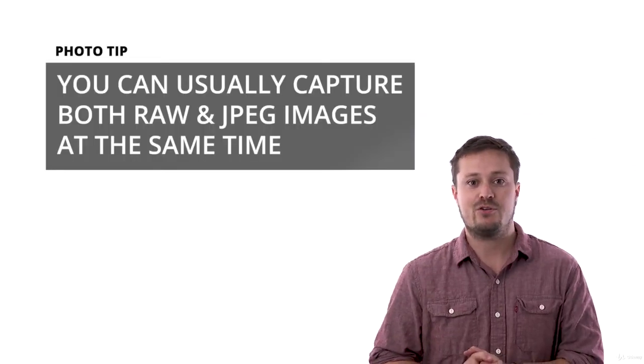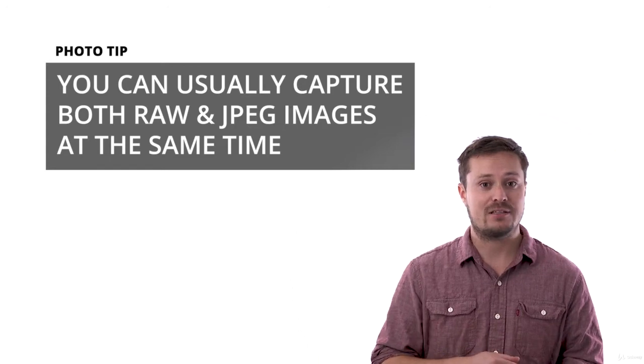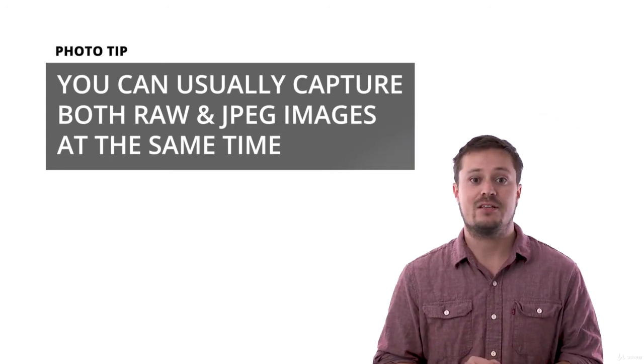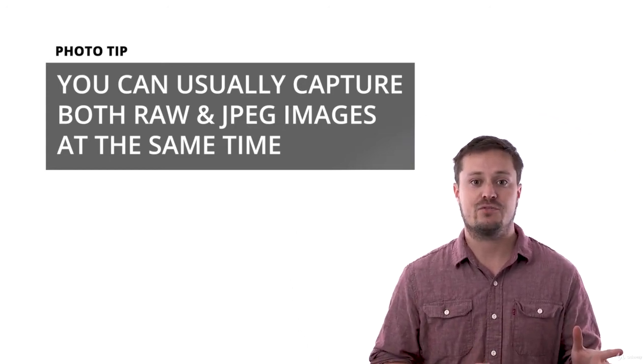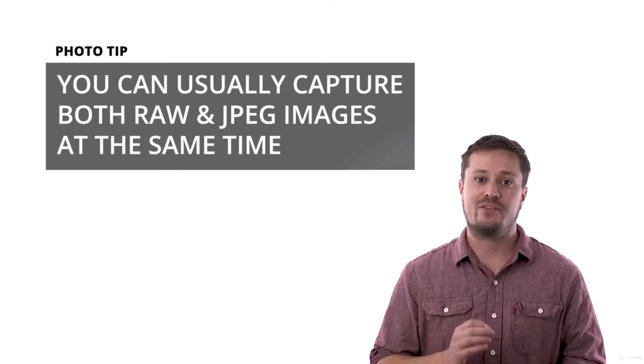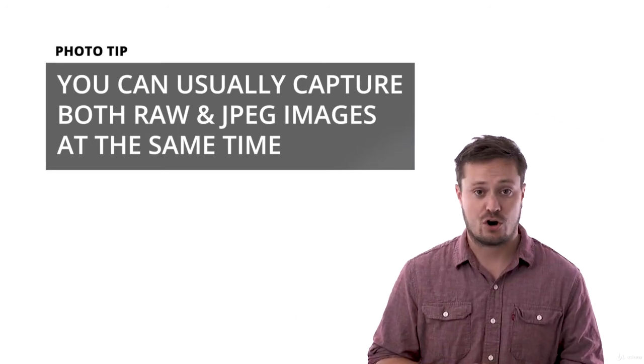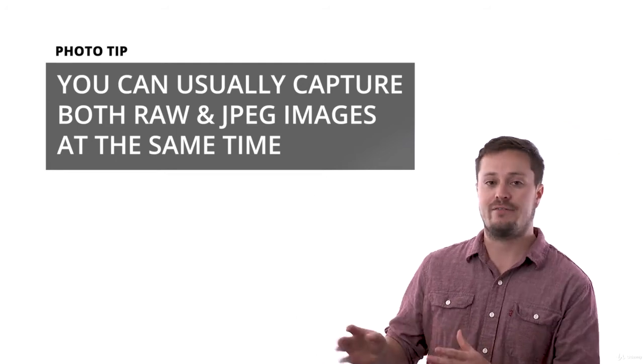Most cameras will allow you to record in both JPEG and RAW formats, if you'd like. The benefit of doing this is so that you can quickly use the JPEG versions for reviewing, or sharing online. At the same time, you'll have the RAW version for archival purposes and editing later on. Here are some tips for shooting in RAW. We will always be shooting in RAW if we can.